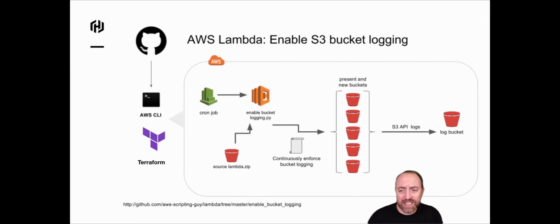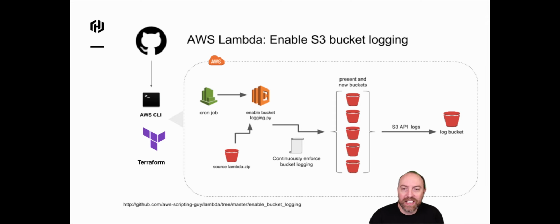So this is a way to make sure that S3 buckets have logs on them, right? And they go to a log bucket of access to the S3 bucket. So what you're seeing here is Terraform or from GitHub with AWS CLI, you might deploy this enable_bucket_logging.py